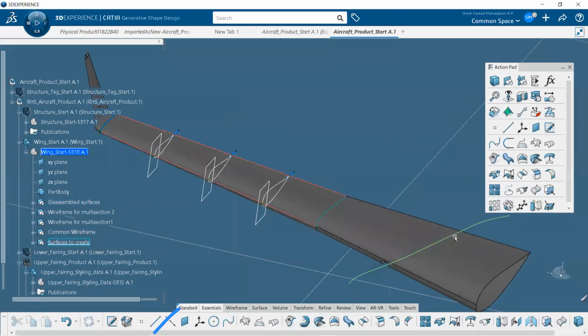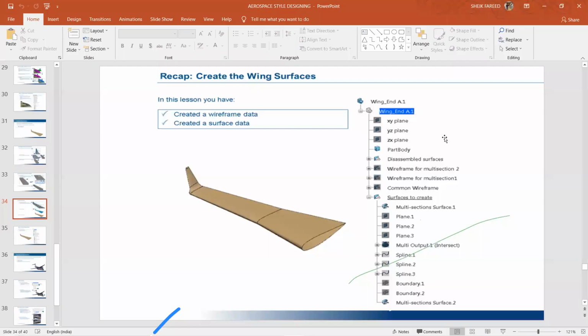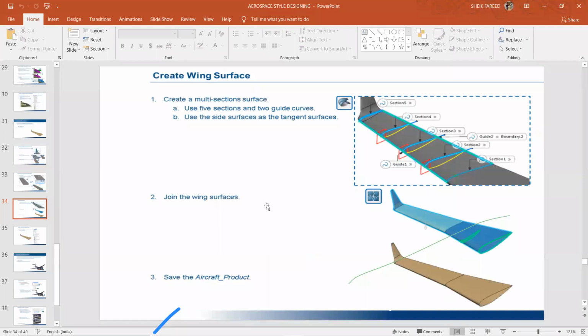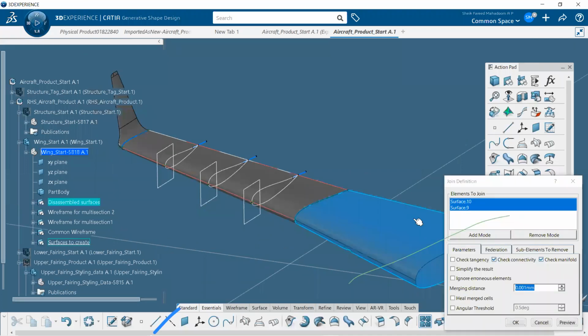Okay, you can see over here the wing is created with the multi-section. After completing that multi-section, we have to join all the parts. So let's say join, select this part, select this part, select this multi-section.